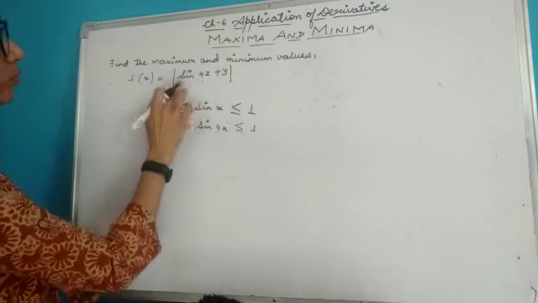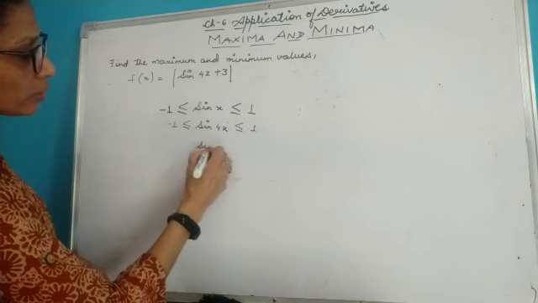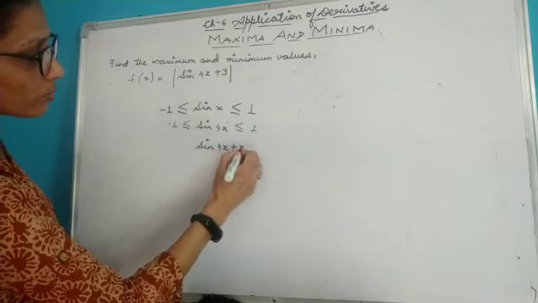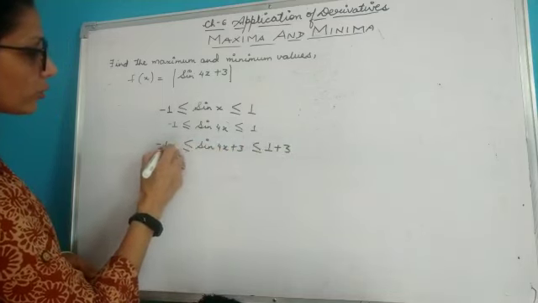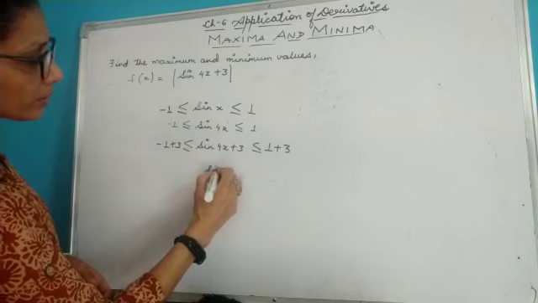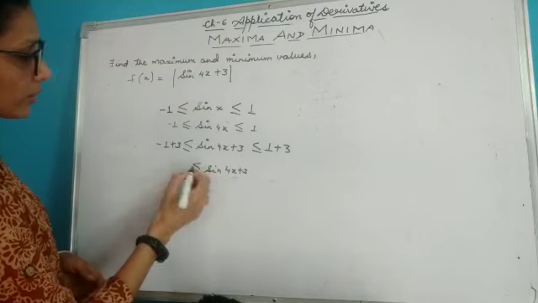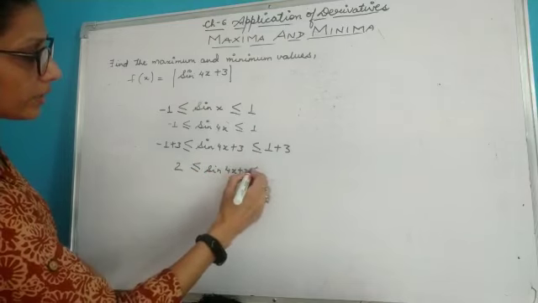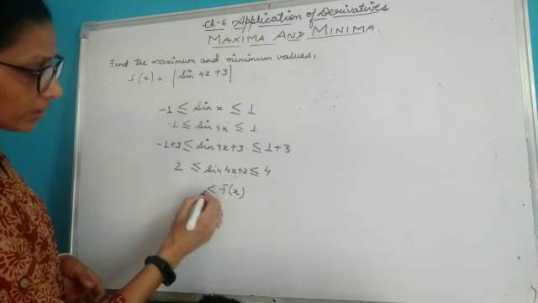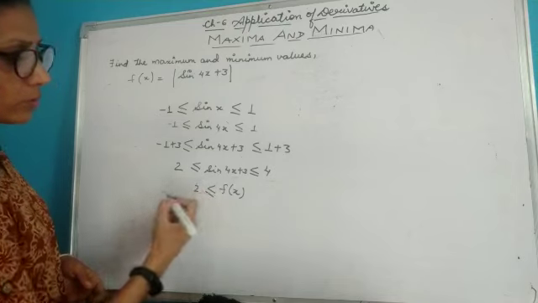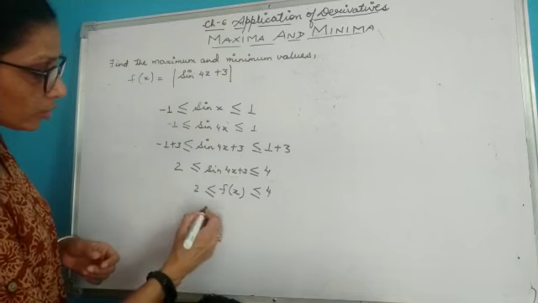Okay. Now if I want to frame the given function, then I can add 3 on this side and adding 3 on this side. So I will be getting sine 4x plus 3, which is greater or equal to 3 minus 1 is 2, and here I'll get it as 4. So this is your given function which is attaining the values greater or equal to 2 and less or equal to 4. Now I can bifurcate and find out this is your fx.